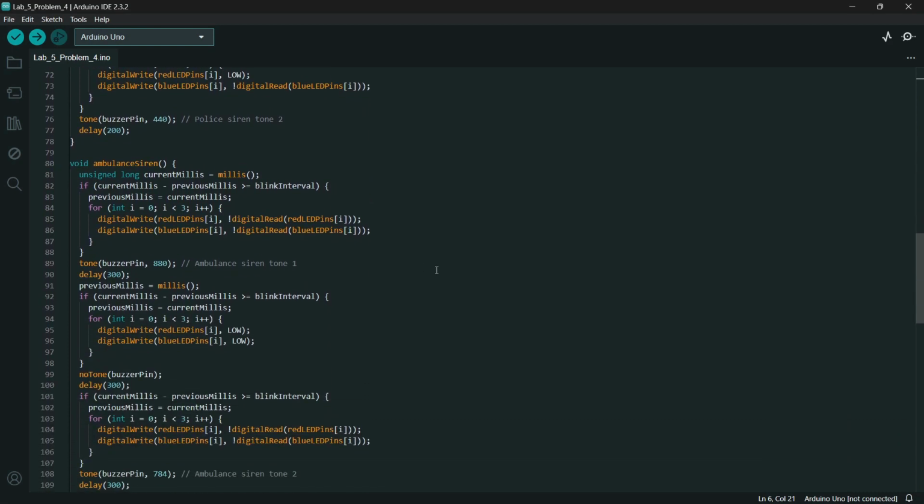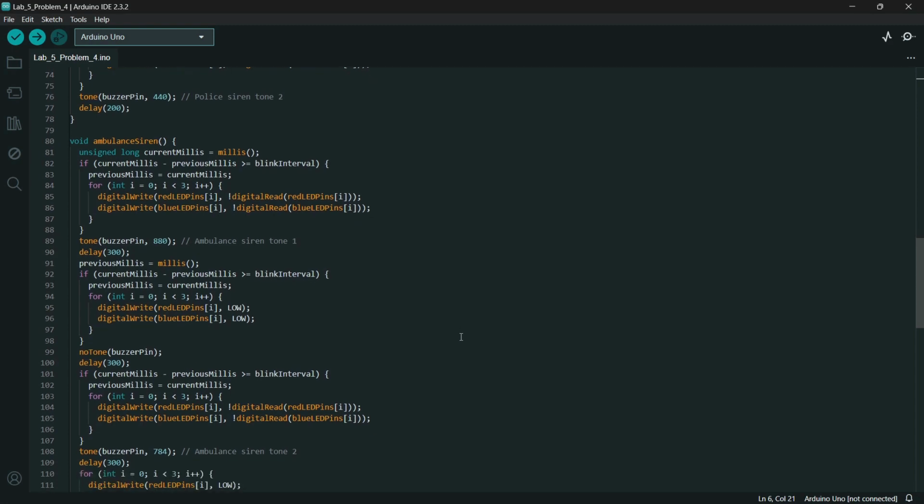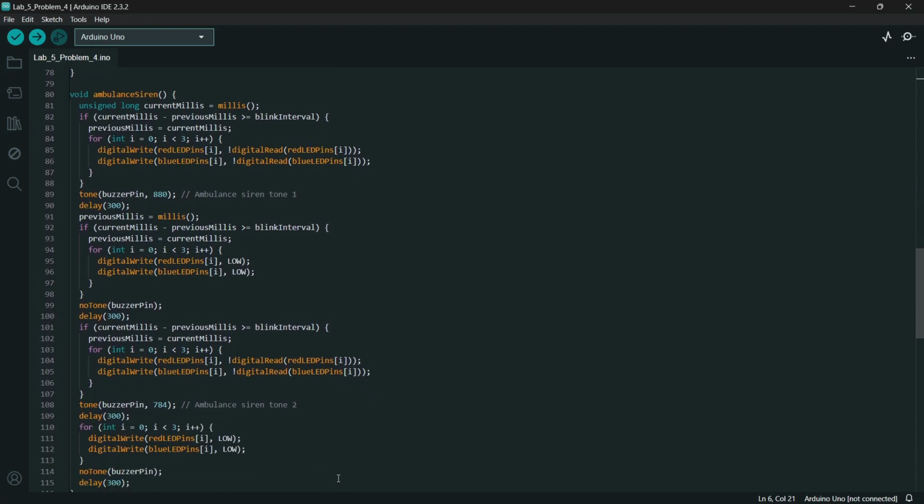Next is the ambulance siren, which blinks red and blue LEDs together and also uses two different tones, one at 880 Hz and the other at 784 Hz, for the siren sound.